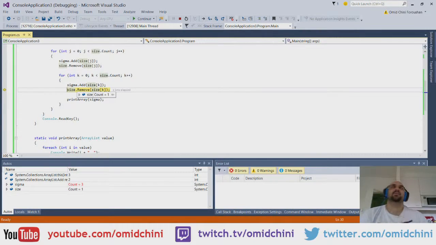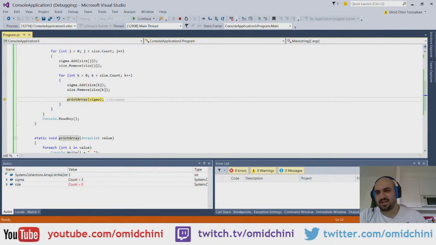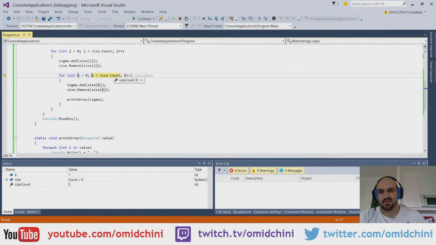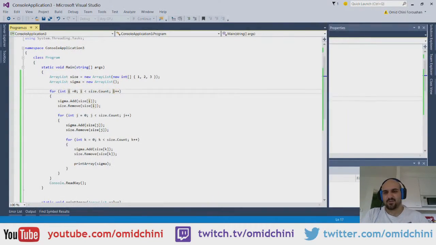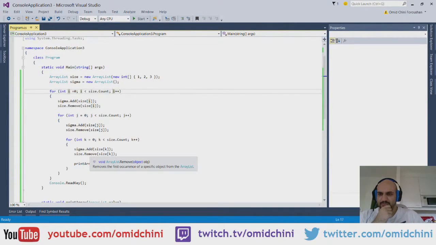So I have this here now. Now I print the value. Great. Now this for doesn't work because size.Count is 0. It comes out as it's supposed to. But here I have the problem that again, because size has the count 0, it will also come out of this for. What I want to do is that after it has printed this out,